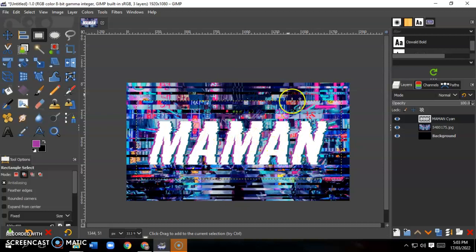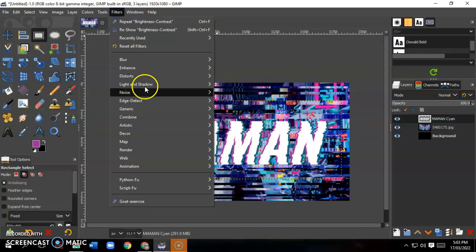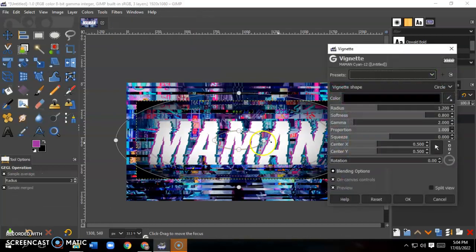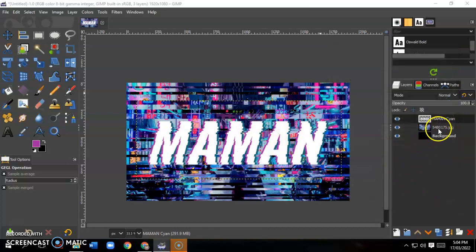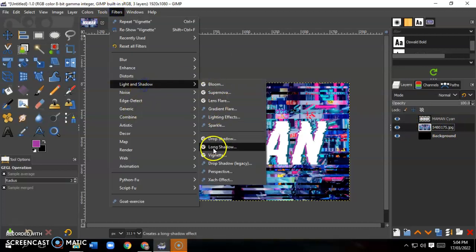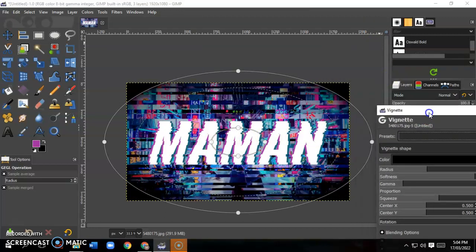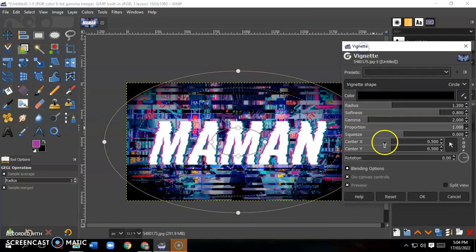vignette. Okay, the first one that I taught you is you can do the vignetting manually, but you can also do it using the light and shadow. We have here already the vignette. Okay, so with the vignette class, so I think I need to apply the vignette on the background. So filter, noise and shadow, light and shadow, then vignette. So we already have the vignette here, right? So what we can do is we can